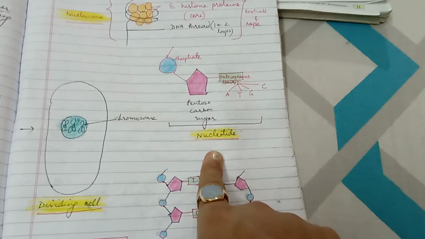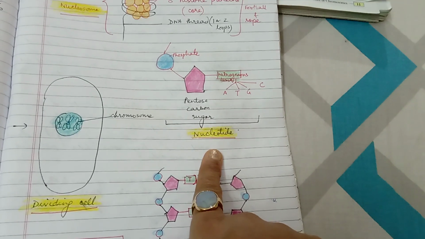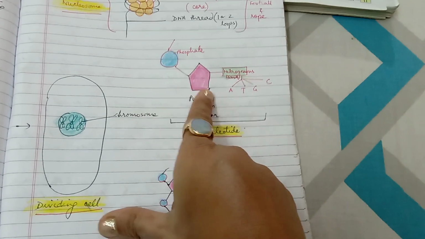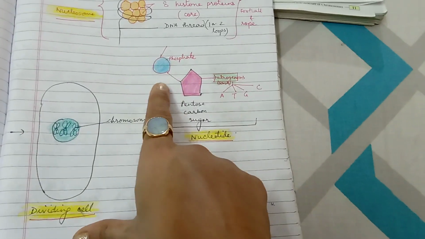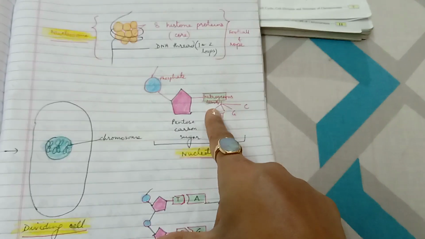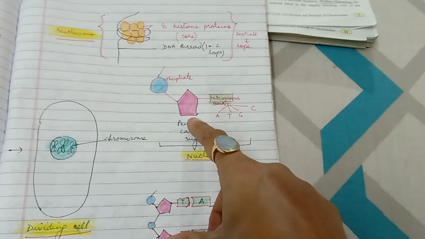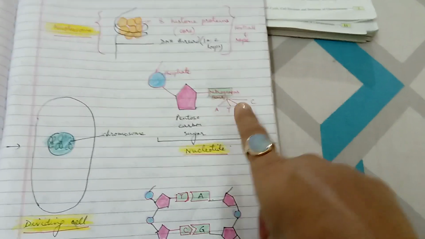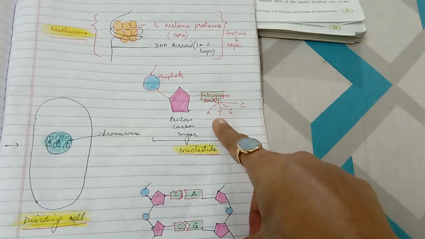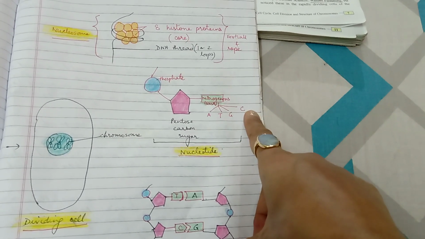A new term we also call nucleotide. A nucleotide is an assembly of 3 things. There's a sugar carbon, that is pentose. Why pentose? It has 5 edges. So pentose carbon sugar. At one end there's a phosphate group, and on the other there's a nitrogenous base. So 3 things form the basis of a nucleotide: pentose sugar, phosphate, and nitrogenous base. There are basically 4 types of nitrogenous bases: A for adenine, T for thymine, G guanine, and C cytosine.